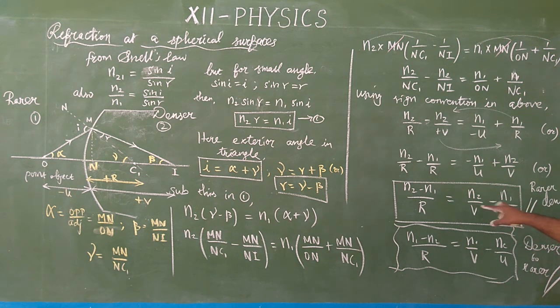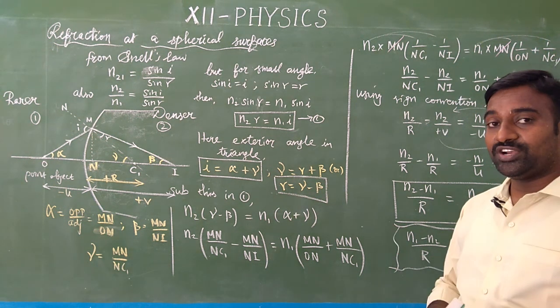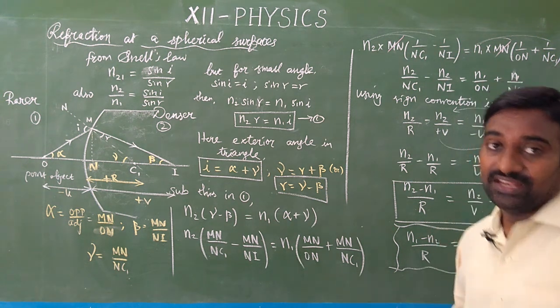Okay. So this equation gives the relationship between refractive indices, radius of curvature, object distance and image distance. So this equation is applicable when a light is traveling from rarer medium to denser medium. Suppose if it is vice versa, if light is traveling from denser to rarer, this is the equation. So based on this, next we are going to see the Lensmaker's formula, which is a very important topic. So that we will see in the next class.